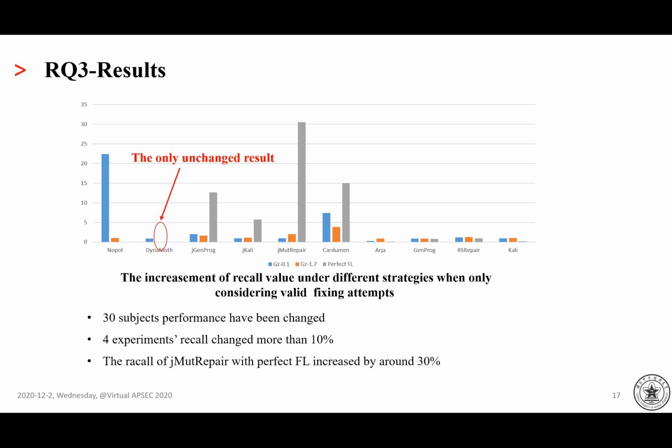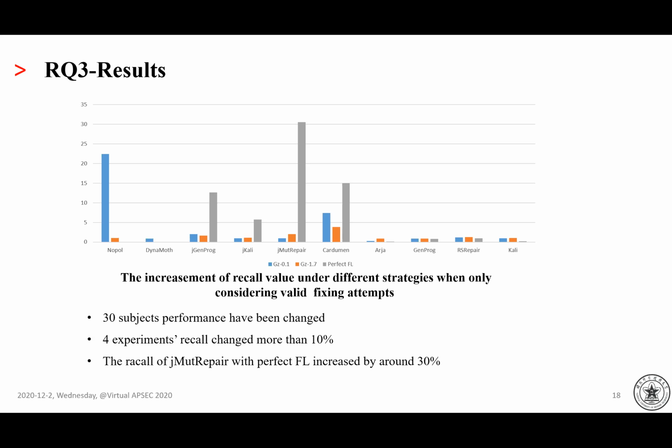On the view of changes of recalls, we found that the change of recall value under most of the experiments is less than 2%. However, there are also 4 experiments whose value changes more than 10%. Generally speaking, the changes on the Ochiai strategy are limited, where the maximum variance only reached nearly 4%.